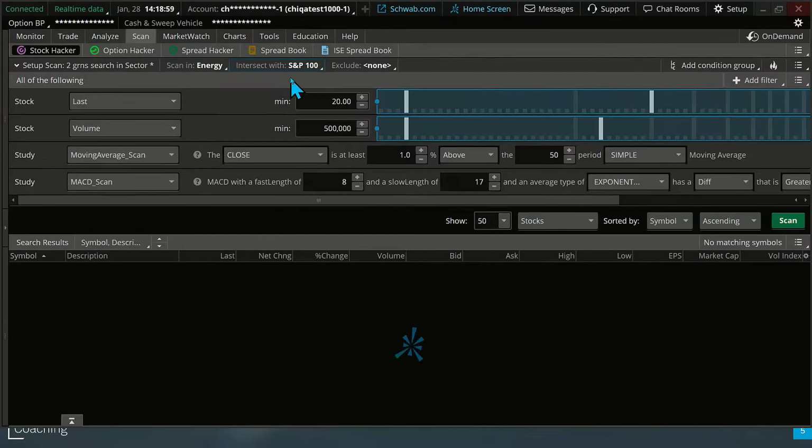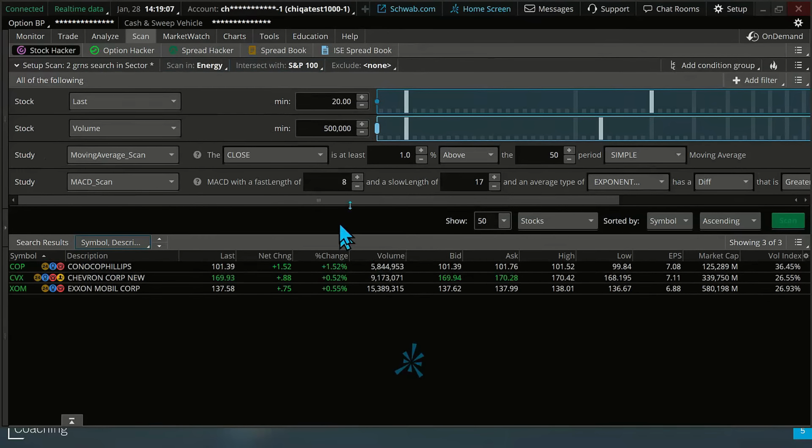And so now this generally will narrow that field down enough that you don't have to look at a gazillion different stocks. But let's go ahead and scan there. And right here in the S&P 100, we got 3 stocks to come up: COP, CVX, and XOM. And so this is where now we can go and check each one of these stocks individually and see which one makes sense to maybe purchase, to just verify that it has a buy signal.